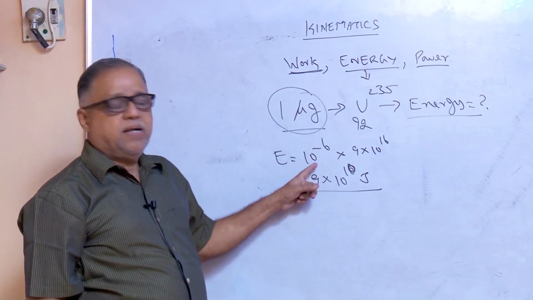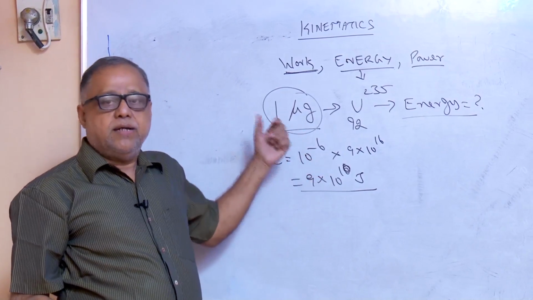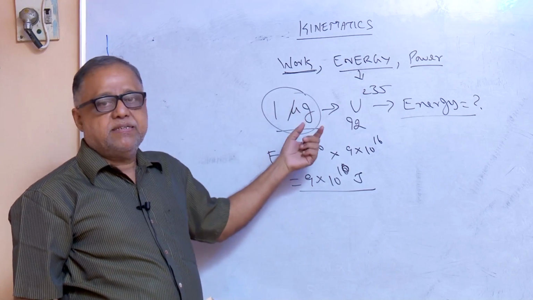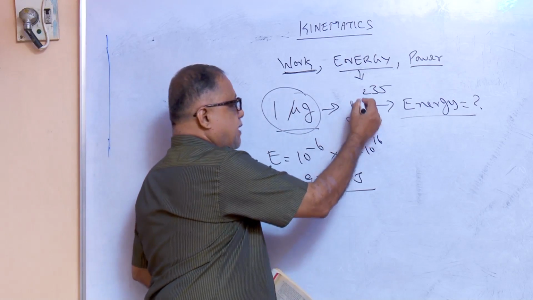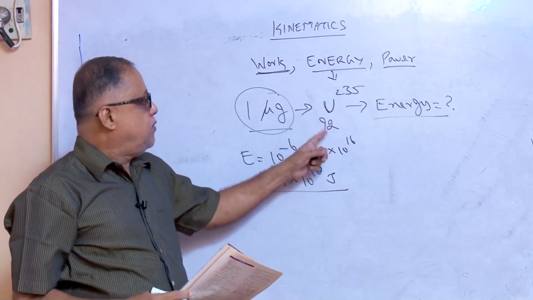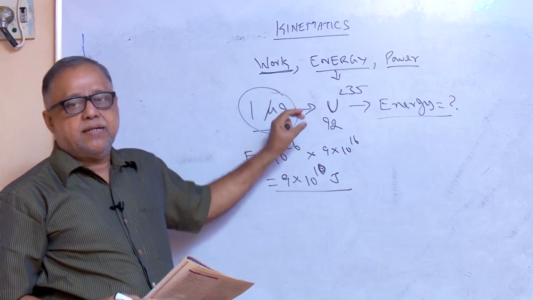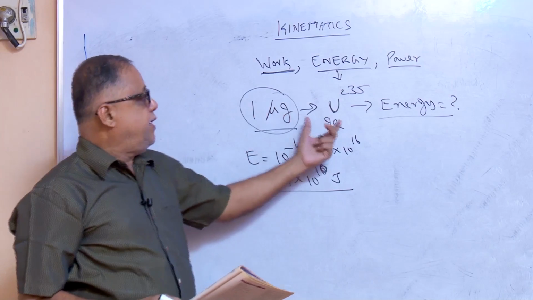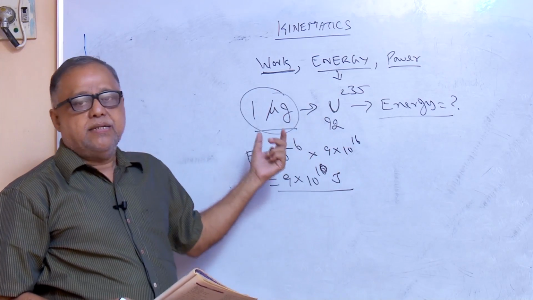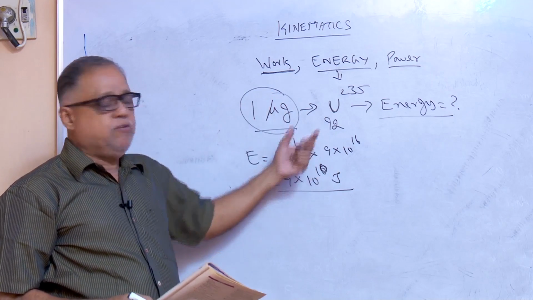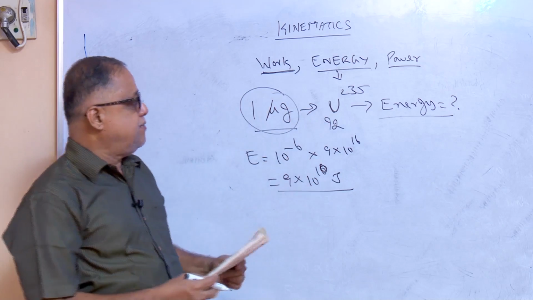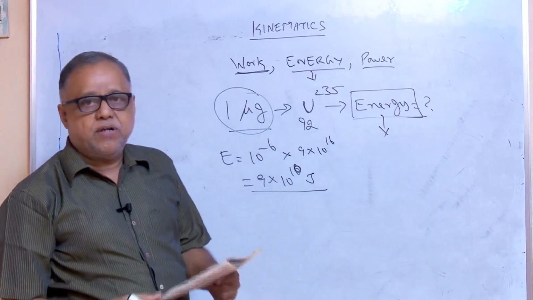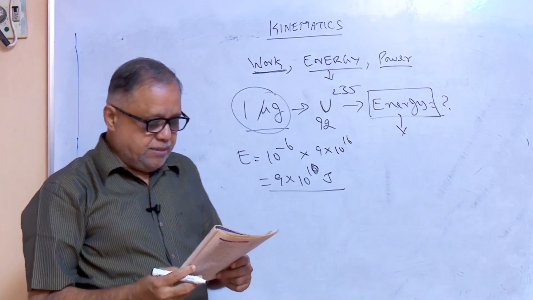So you are applying the formula correctly, but if you fail to convert to SI unit, the options may go wrong. Just like that, we can compare this problem with the previous case, but the only thing is they are given U-235 or 92 indirectly; it is the raw material for our nuclear reactor. It is working under the principle of nuclear fission only. So uranium is very important, and there is a loss of mass, so energy will be released. That is how Einstein's principle produces a lot of energy, and with this energy we produce electrical energy for our usage. So these are the basic things,